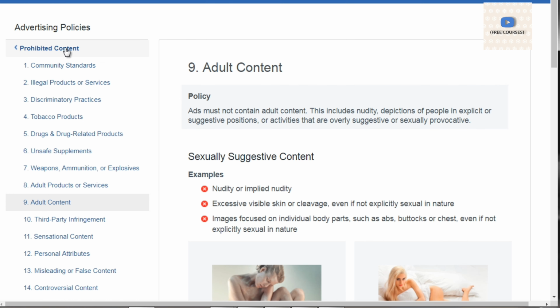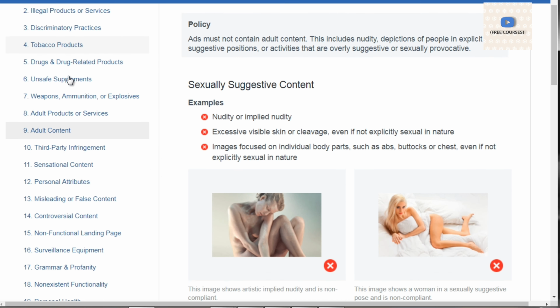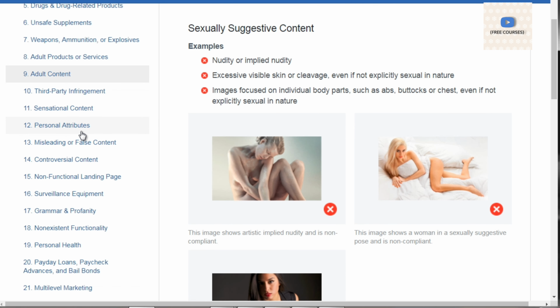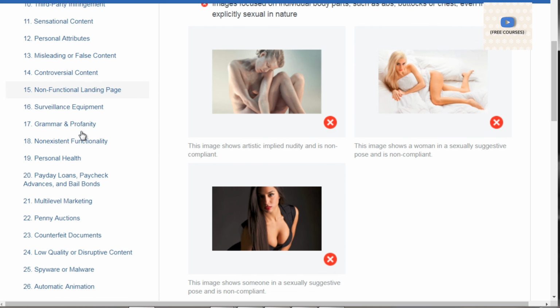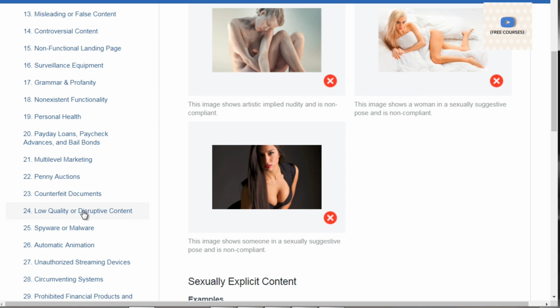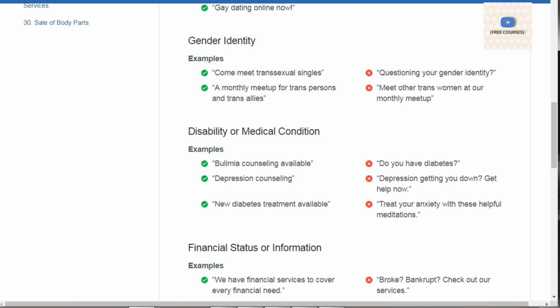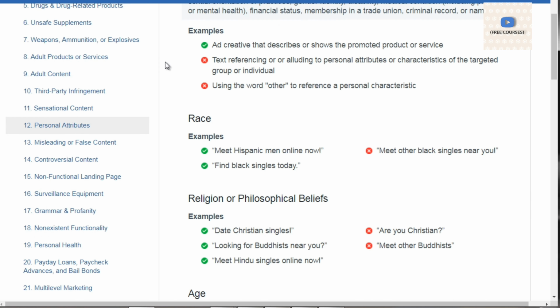So what you need to do is go through the prohibited content, make sure that you're not in there. Weapons, third-party infringement, personal attributes, and all that. So I know this takes time, but you're going to be thankful in the future.